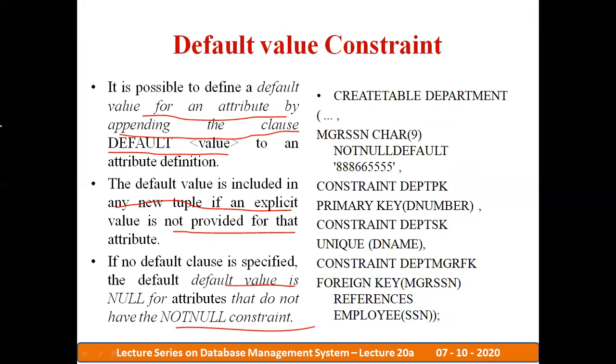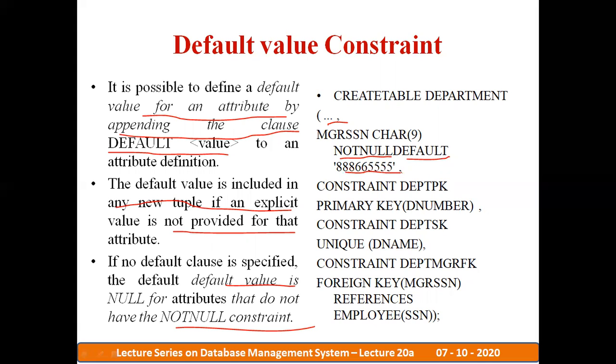Here in this case, it is a CREATE TABLE DEPARTMENT. As you can see, these three dots indicate that there are other attributes there previously. Instead of writing all those attributes, I have written it as triple dots. Okay. Then the manager SSN, the data type is CHAR(9). So I am defining it as NOT NULL. The default value here we are defining as